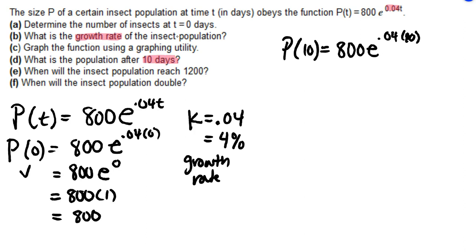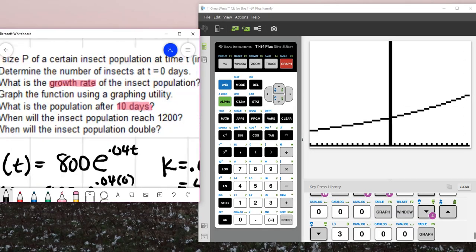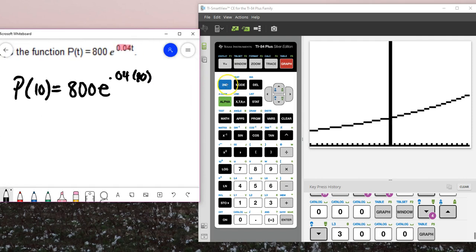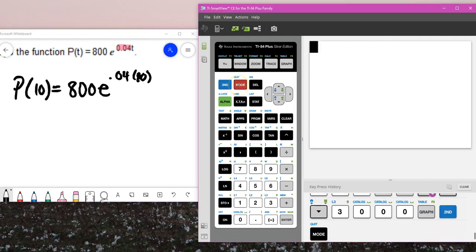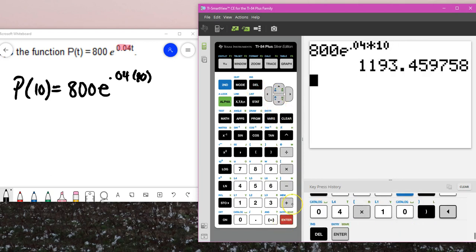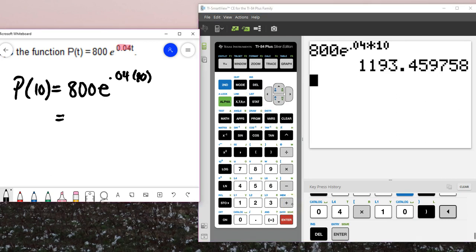We can type that in our calculator. Don't need that parenthesis there. And after 10 days, our insect population grows to